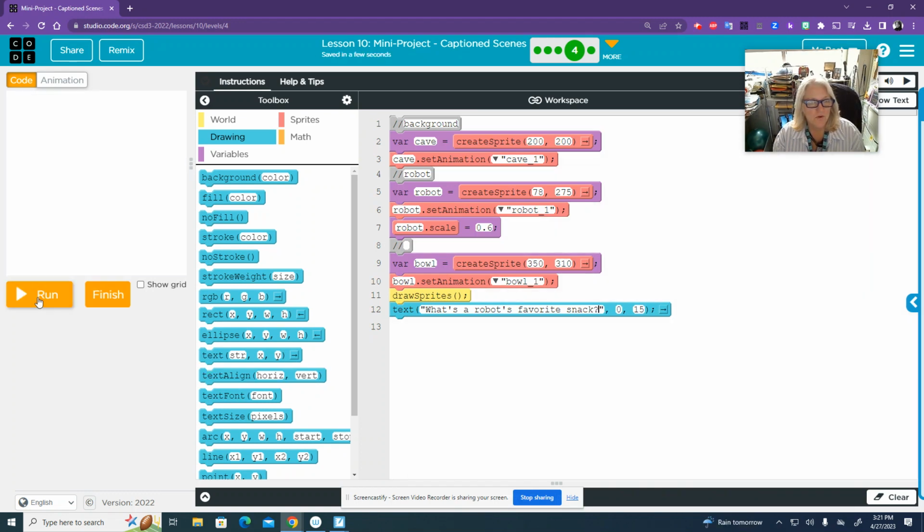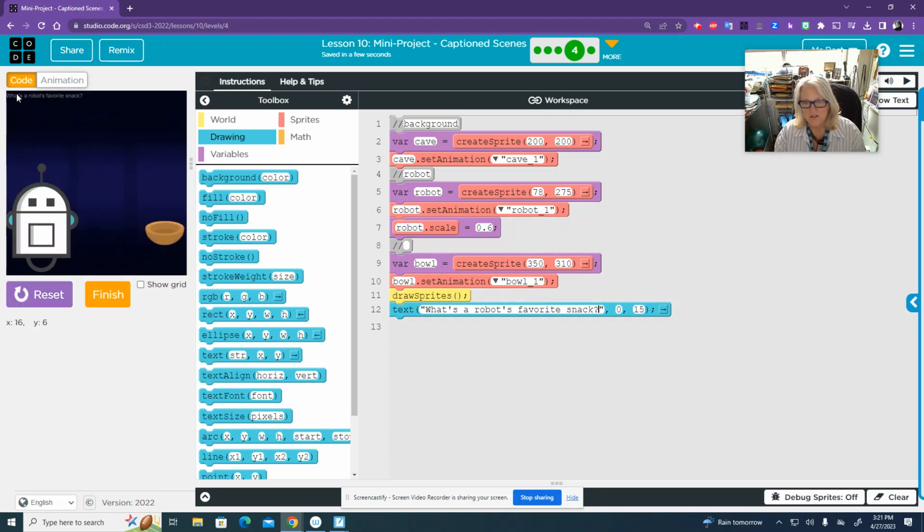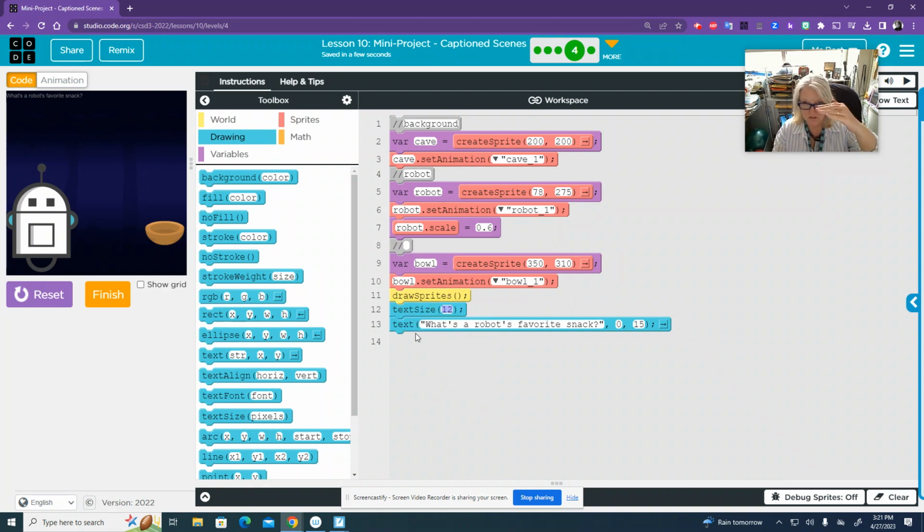Let's see. Now, if I hit run, it's really hard to see up there. See how tiny it is? First, I want to make it bigger. So I'm going to go text size. You have to put that before your words. Okay. So if I make that like 30,